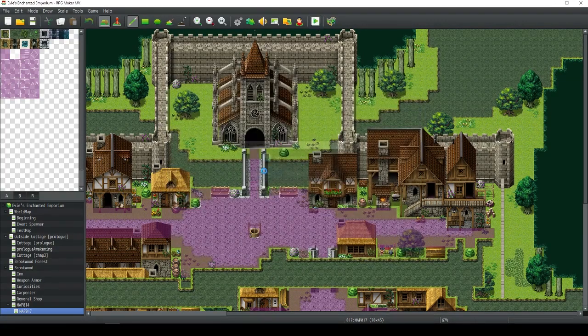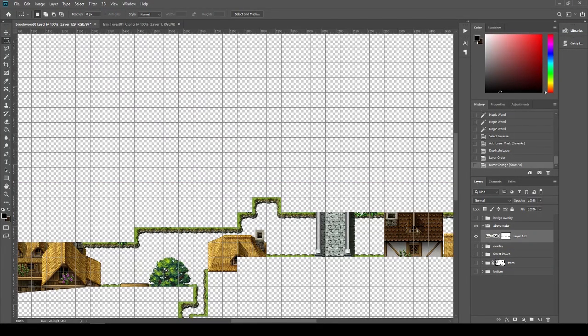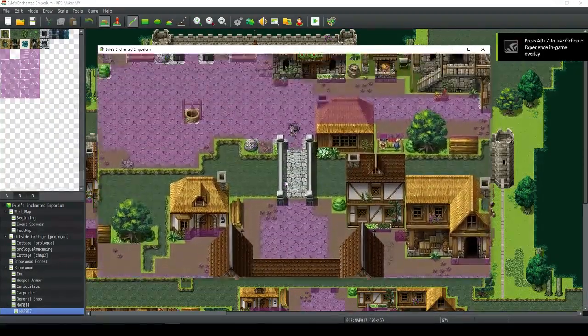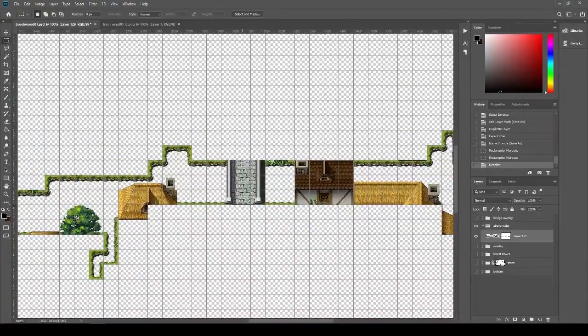So I add in the bridge, and there's still some issues. This is where region restrictions come in. Because I end up making the water. Of course, you can't pass through the water, so I have to fix that. And then I have to fix the bridges to allow access. You can walk through it. But